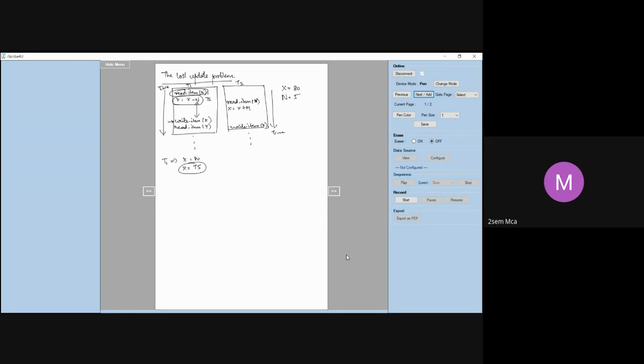Before the value 75 is written, that is, before the variable X is updated to 75, it is still not written. Before it is written, T2 reads the value of X. So what will T2 read now? Can you tell me? What will be the value that T2 will read?